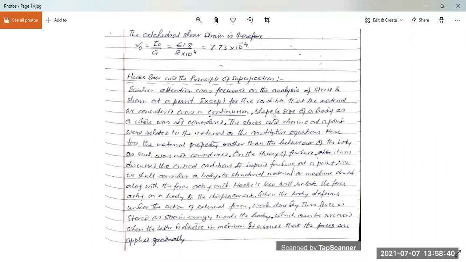First of all, a certain body or a certain machine element or structural material. These are the different types of material available, which are under external force, acting along Hooke's law. And Hooke's law will relate the force acting on the body to the displacement resulting from the action of the force itself.